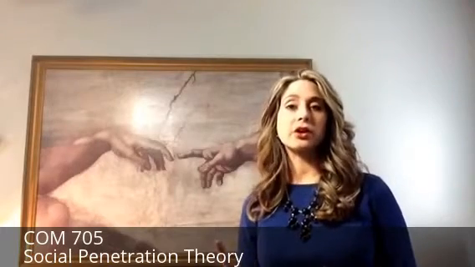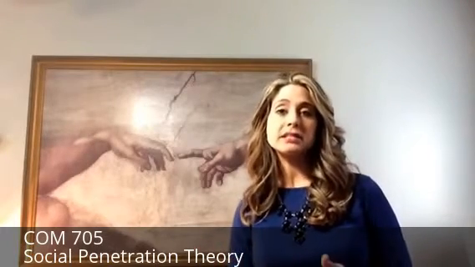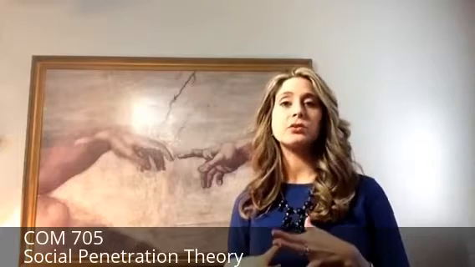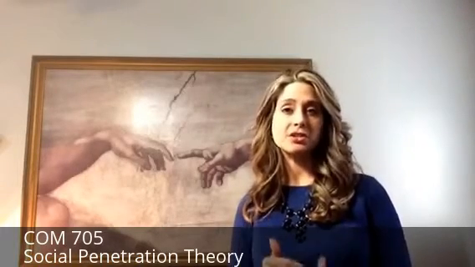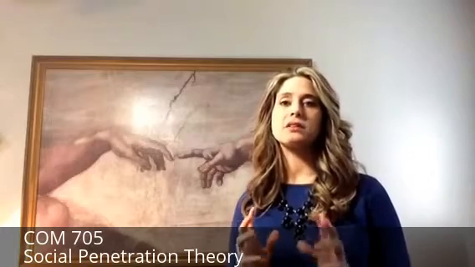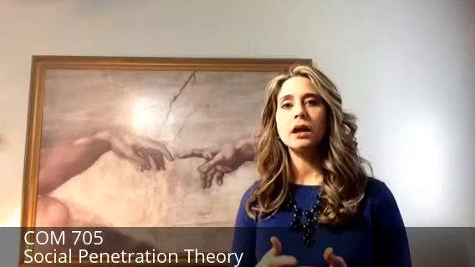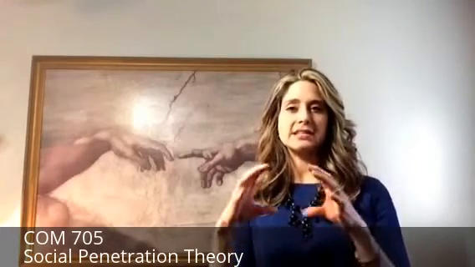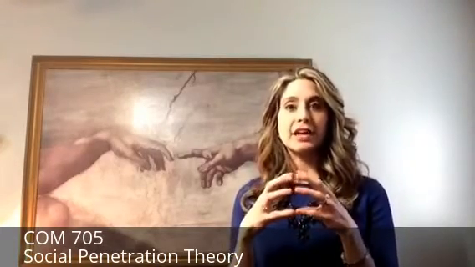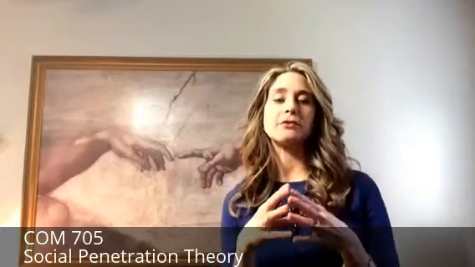So just in a nutshell, social penetration theory was developed by Altman and Taylor in 1973, and they wanted to get more specific about the dynamics of relationship development. So they saw that there is a lot going on, and we want to get more specific. They use the metaphor of an onion to describe getting into those layers, and a person is a multi-layered thing. So the onion is a good metaphor for that.